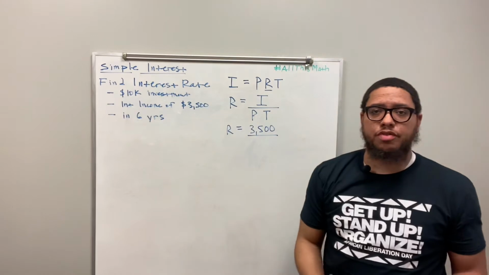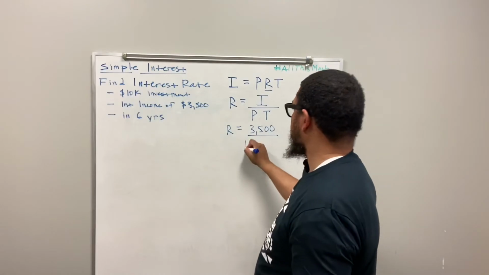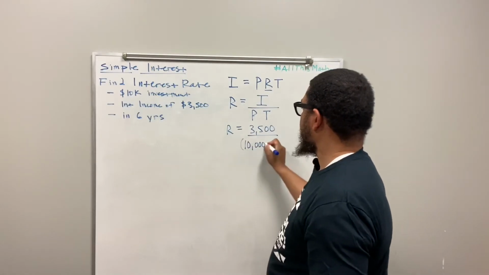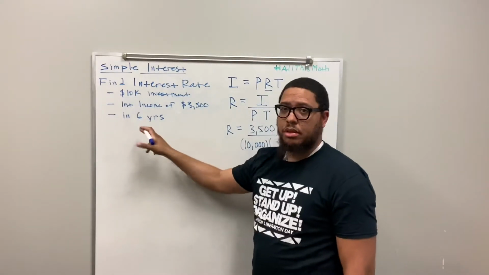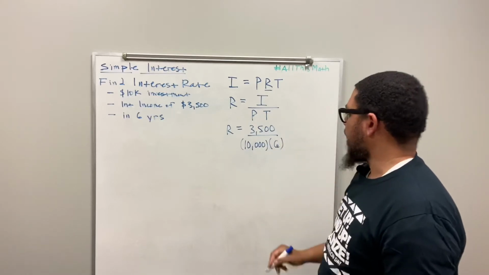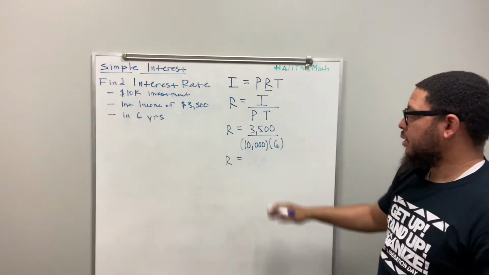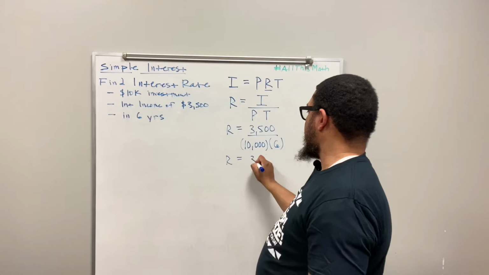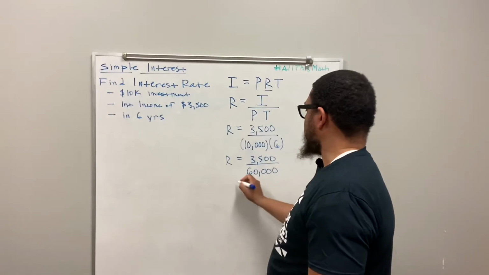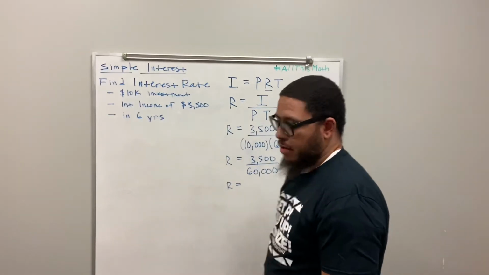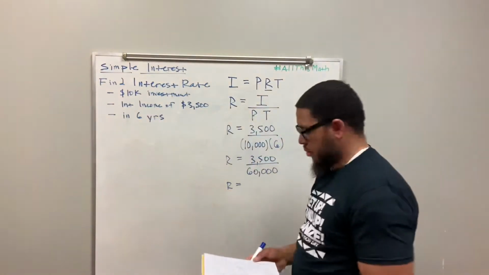You got to read the problem and read the information in order to keep up before you even start doing mathematics. So the 10K is 10,000. So you got 10,000 right there. And I'm going to multiply that by the amount of time. What's the amount of time? 6 years. So now I got 6. So now I got R equals 3,500 divided by 10,000 times 6. So then I'm going to have 3,500 divided by 60,000. And then I'm going to have R, let me go back to my notes, 3,500 divided by 60,000 is